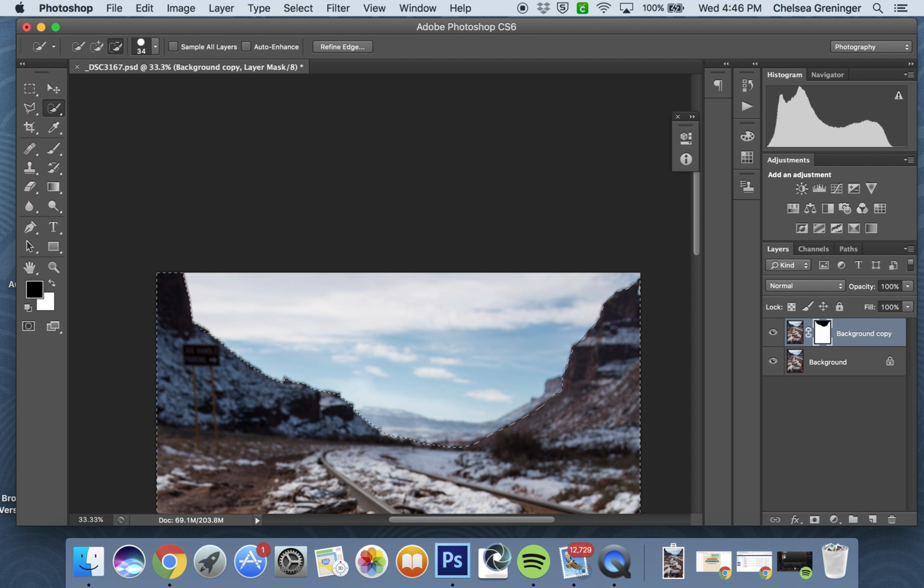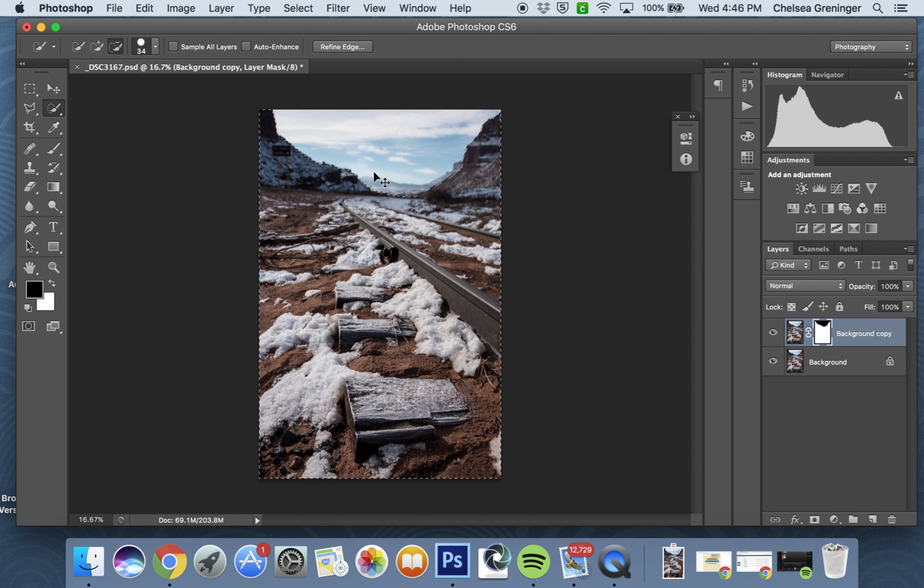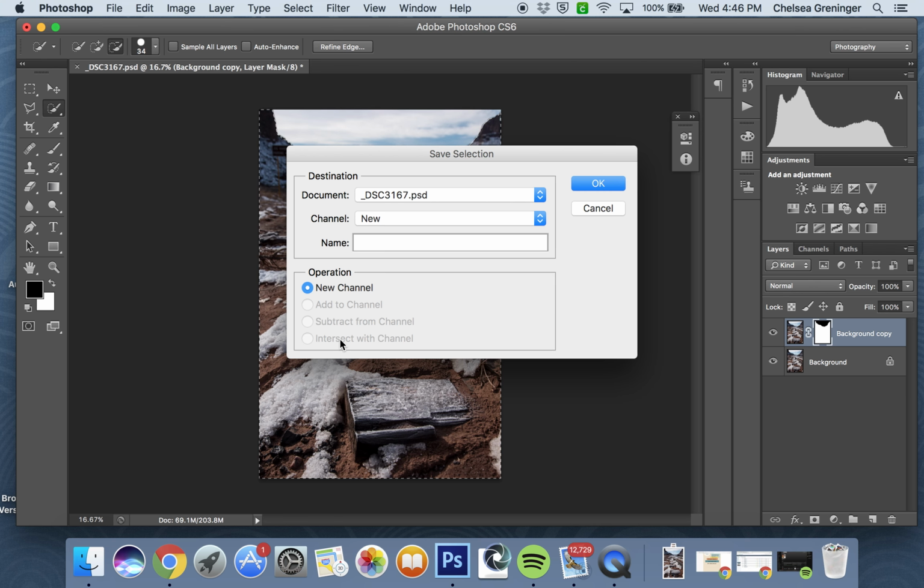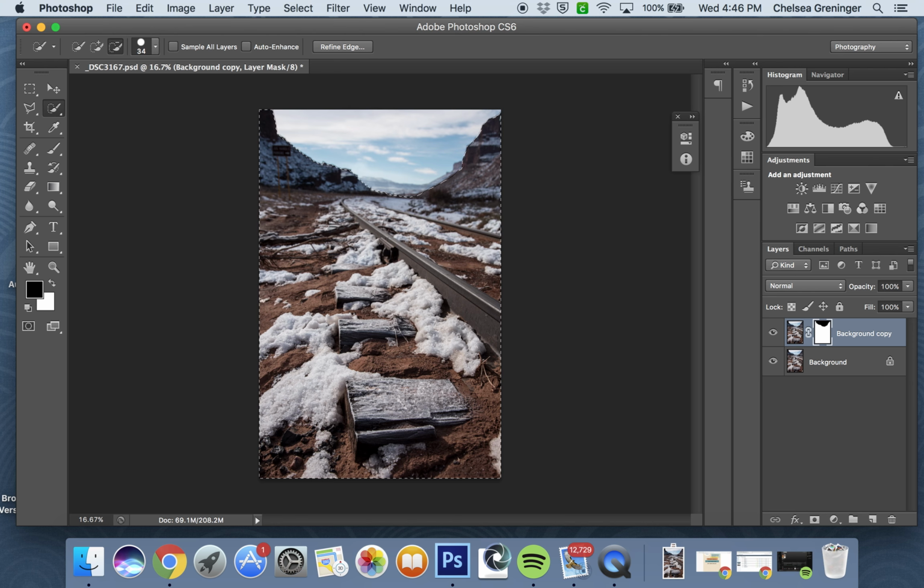That is good enough. Okay, go back out, and I'm going to save the selection now. Save it. Now remember, I am saving the foreground. I'm saving the white of my mask layer, what I am revealing. So I'm going to call it foreground, hit return, and then of course I need to capture the sky too,